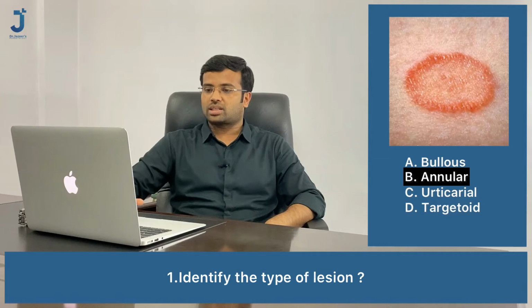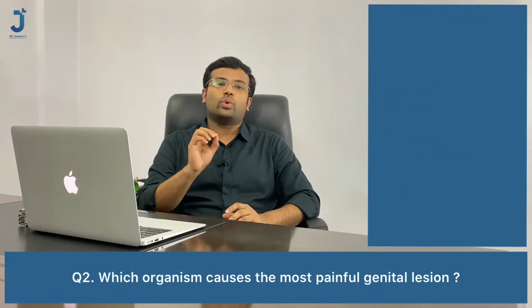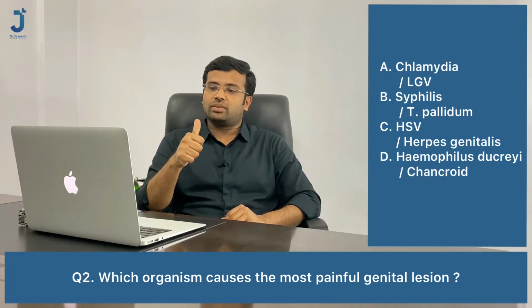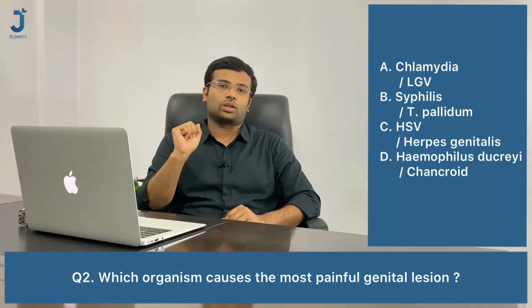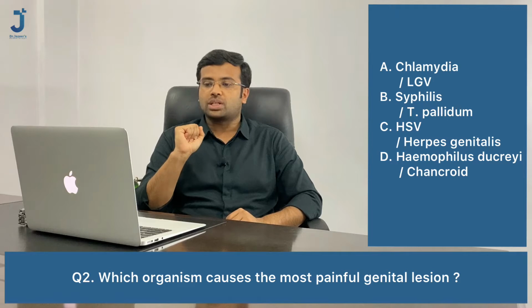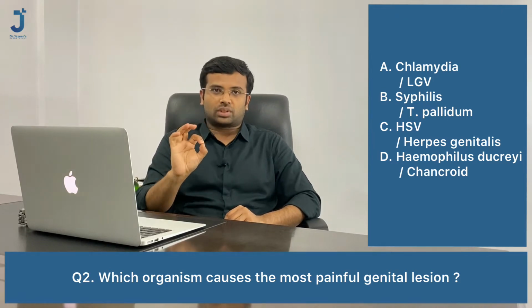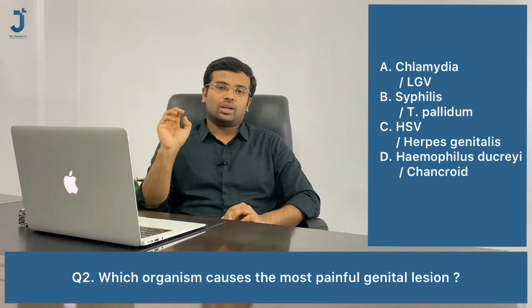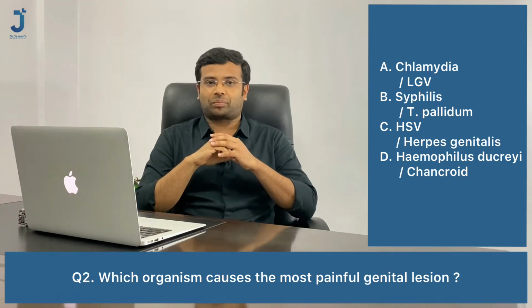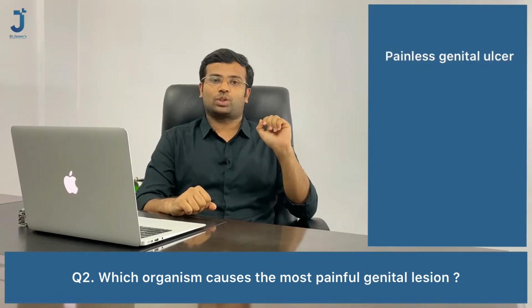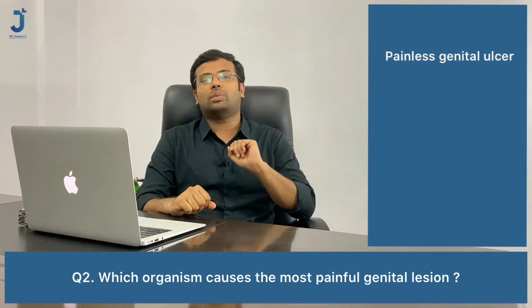Now let's see the next question, that is, which organism causes the most painful genital lesion? The options are LGV, syphilis, herpes simplex and Shankroid. These are the 4 options that are given. So what do you think? For getting this MCQ right, you can easily remember a mnemonic. Painless genital ulcer, you can remember it with the mnemonic